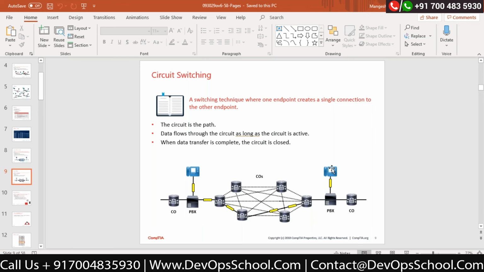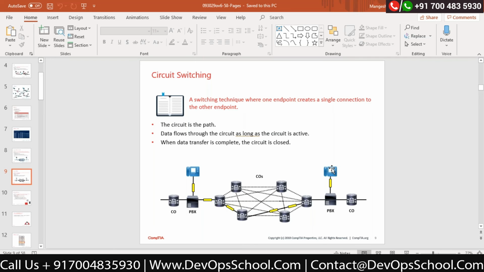Circuit switching is a technique which we were using for the dial-up modem a long time ago to transfer data with the help of the existing telephone network. Correct? It will find out the circuit path. Normally, if you want to get connected in circuit switching, it will find a defined path through which it can transfer your data from one location to another location.